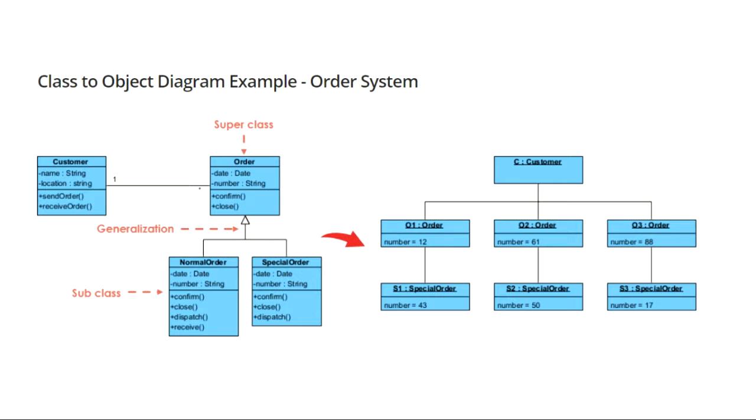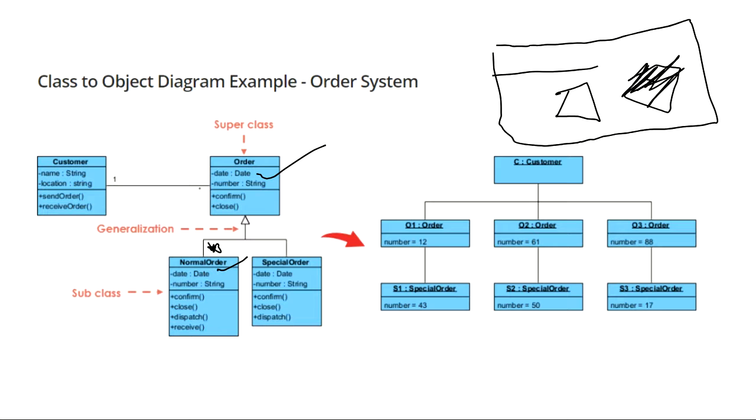If you write a star here, what does this mean? Order can have multiple normal orders, right? So it's not necessary and doesn't make sense in inheritance. Back in association, aggregation, and composition, it makes sense in the way we are reading because these three are direct relationships between two different classes. But inheritance is between a parent class and two child classes or more than two child classes, whatever it is. Clear?